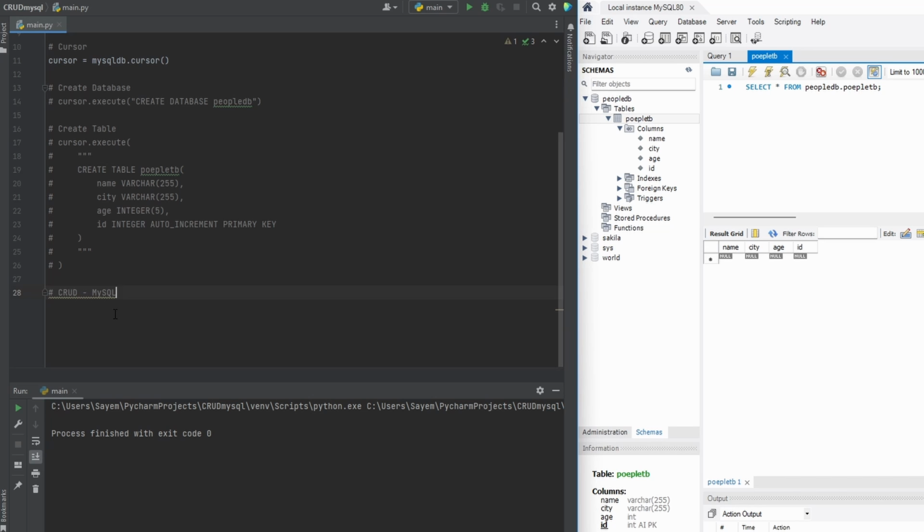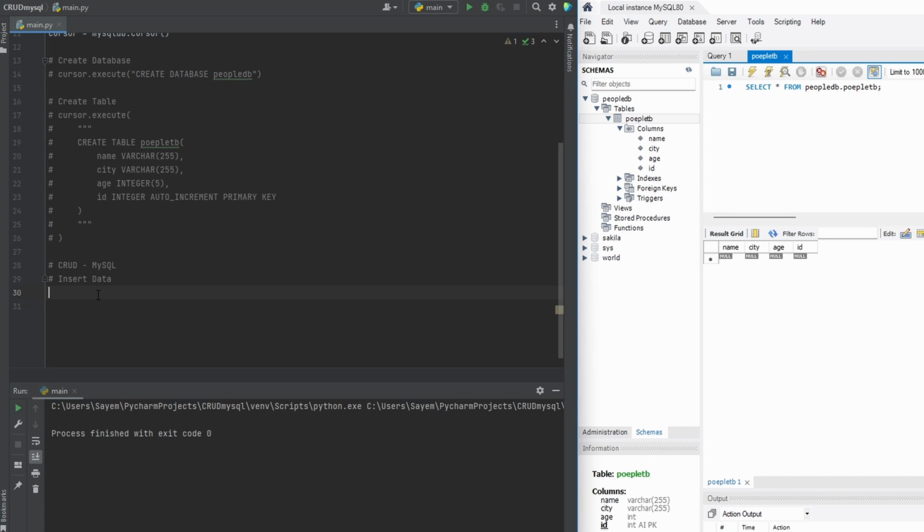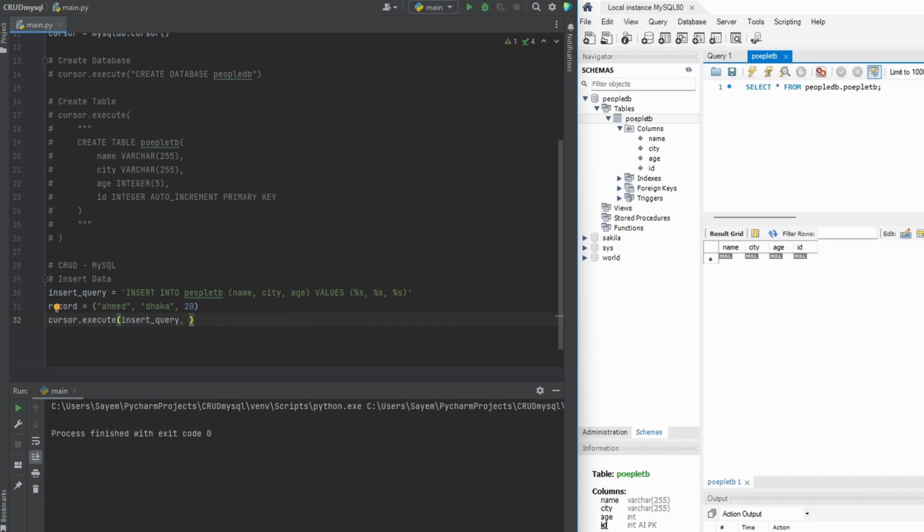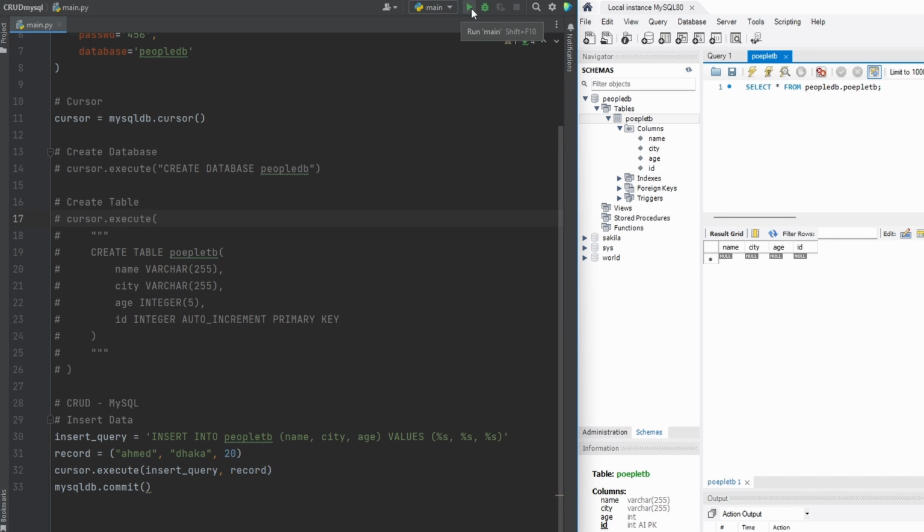Now I'll start doing CRUD. I'll write a MySQL query for inserting data. I've set the column names and which table. I'll again use the execute. First parameter is the insert query. I'll put record in the second parameter. Finally, call commit. If I run the code now,